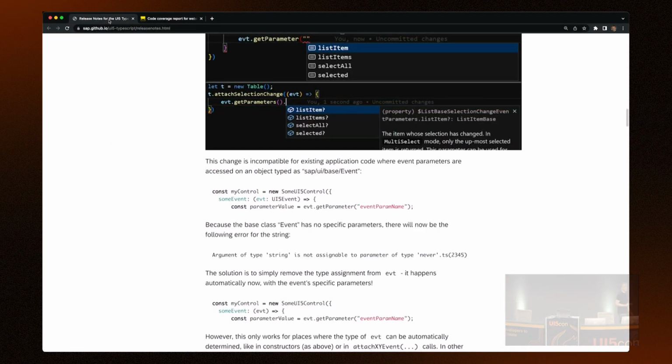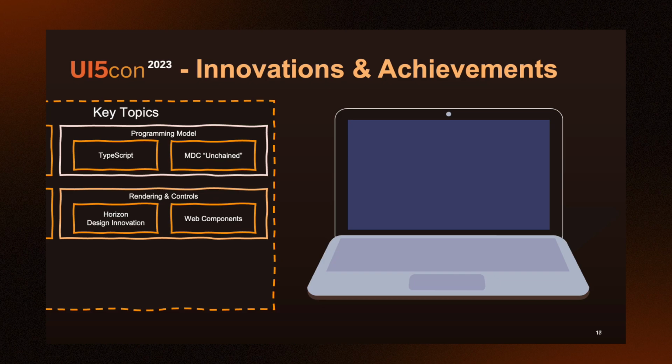We are, of course, continuing to improve the type definitions of UI5. We have recently added full support for typed events. For control libraries, we have already provided that the DTS files describing these libraries are produced, so the consumers can work with them like with the UI5 libraries. And we are not stopping here, but still we are saying now, okay, this has been so many improvements. We are really feeling confident to now announce that with the upcoming version 116, the type definitions are no longer in experimental beta state, but ready for productive use.